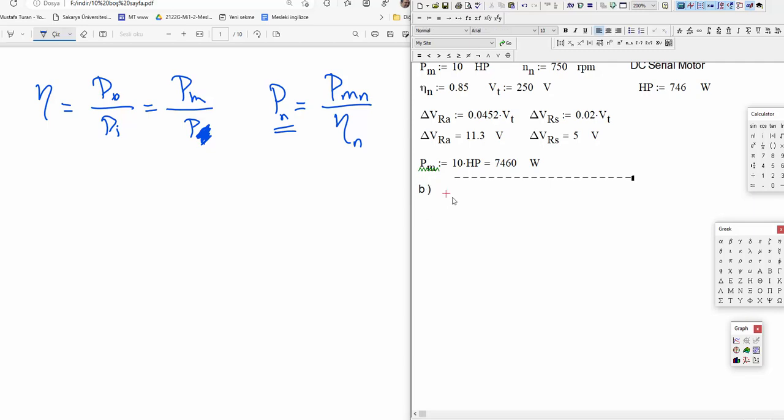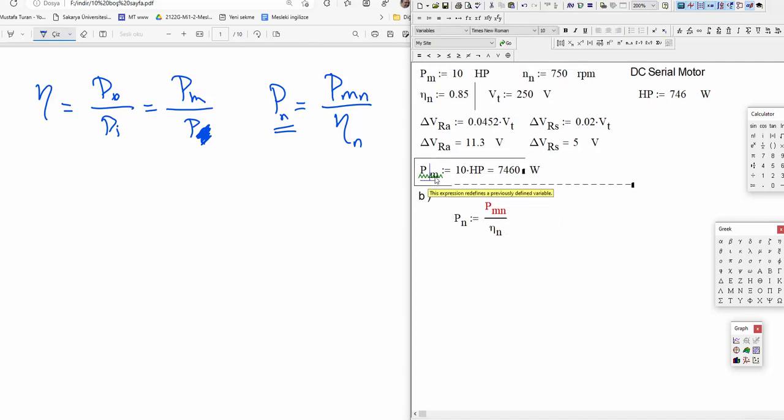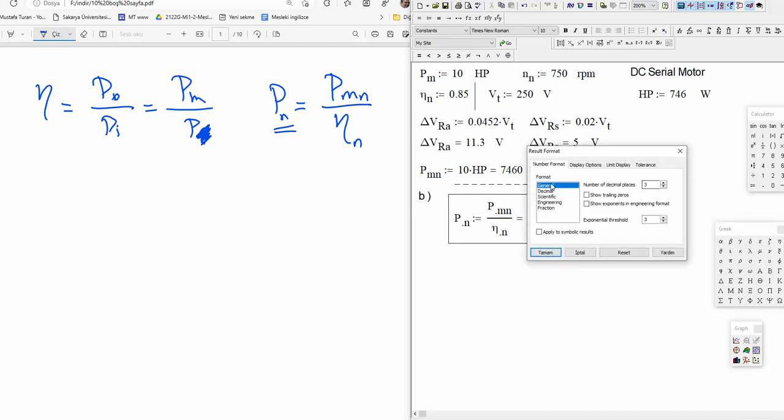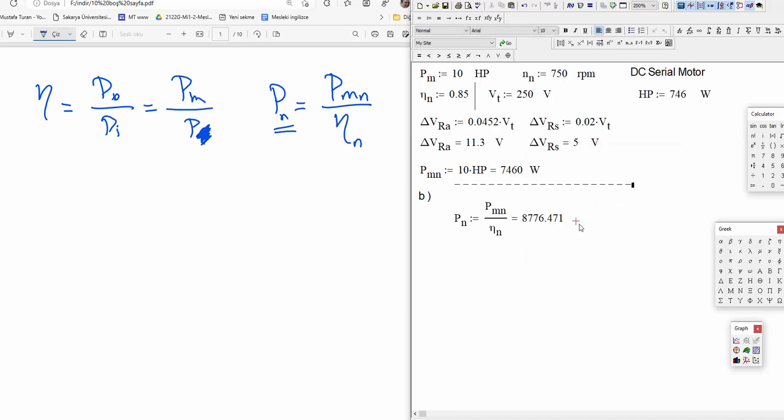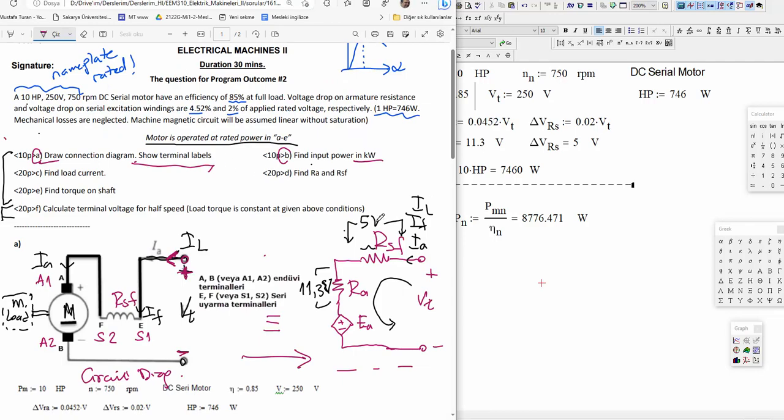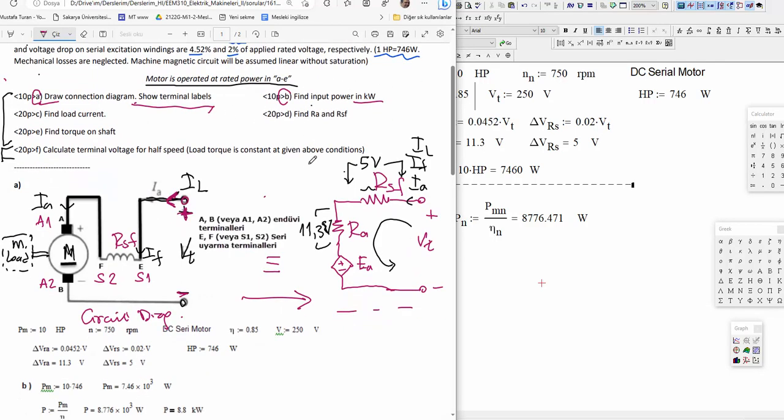Let's calculate. Rated input power is equal to mechanical rated output over efficiency at nominal conditions. Mechanical output, let me define it here. Okay, that was the mechanical output, and that is the input power. We have calculated. As you see, it is very easy so far. Let's check it out. Here are some answers given. Yes,